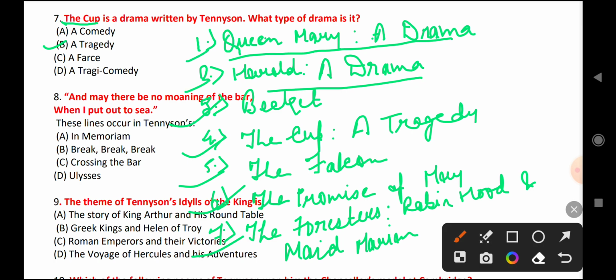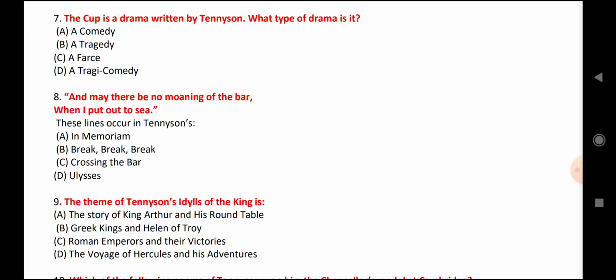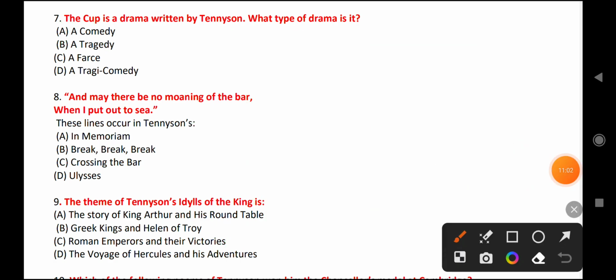So now let's come to question number 8. May there be no moaning of the bar when I put out to sea. This line occurs in which work? This line occurs in Crossing the Bar. Crossing the Bar is a work that he wrote 3 years before his death, and this work was published in